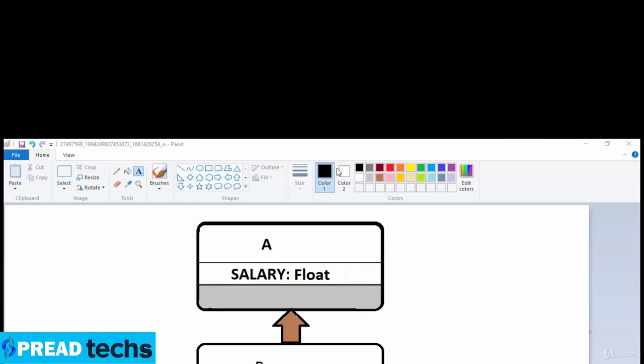Here we have two classes. One is class A and one is class B. So A here is a parent class and B here is the child class. Okay, now